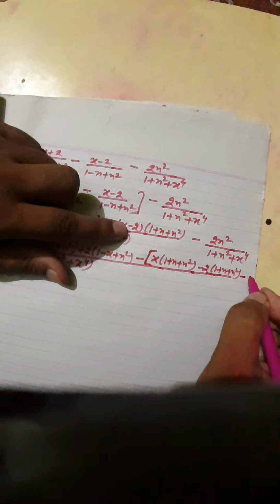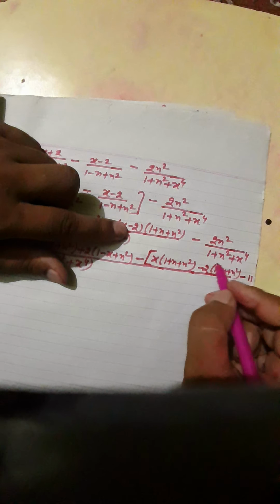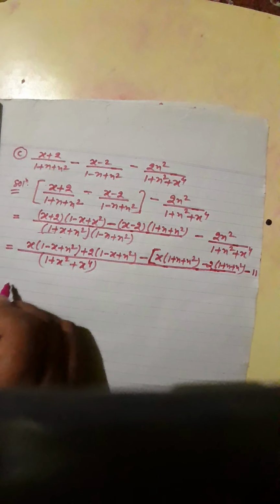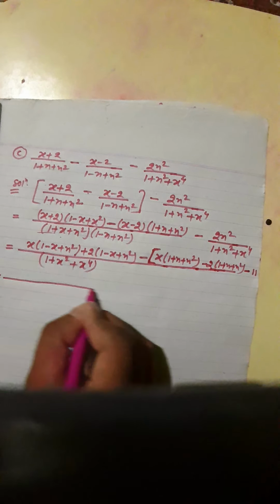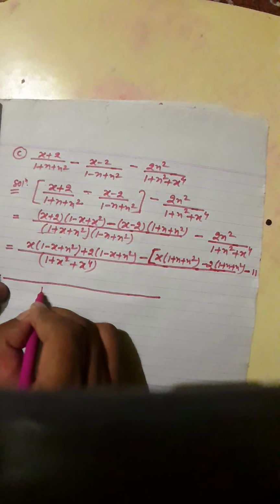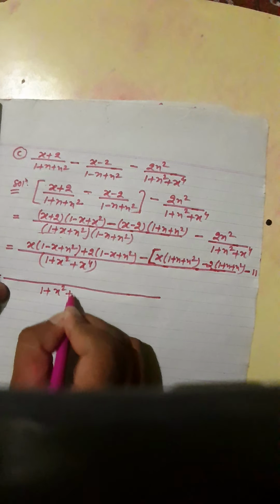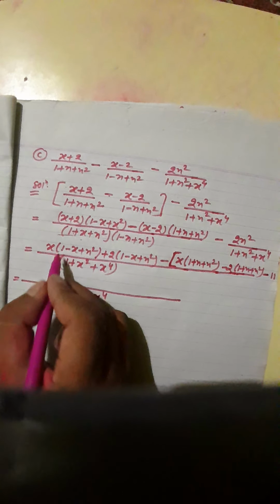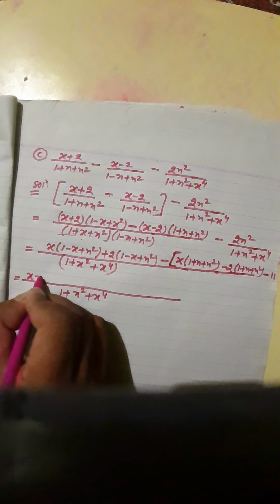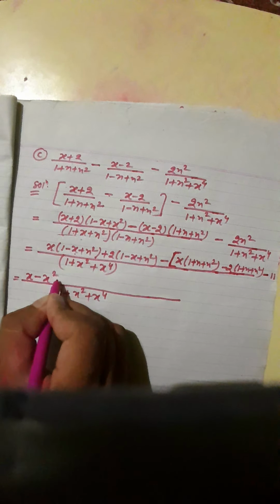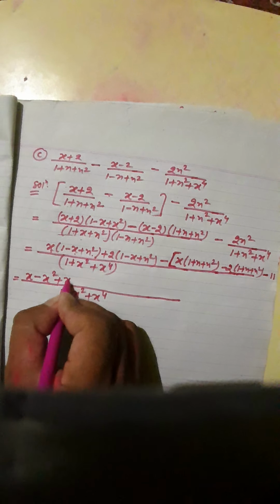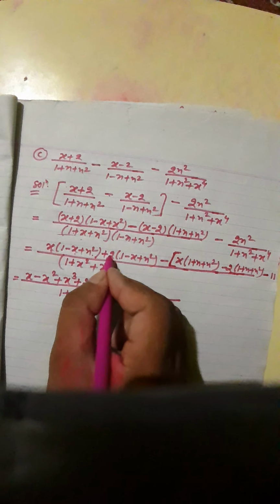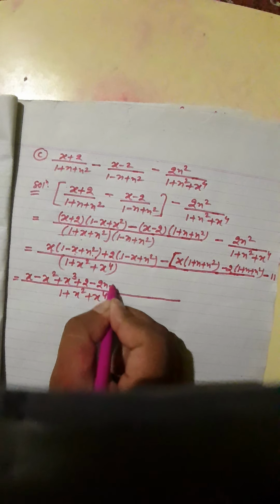This last one here I am not writing, same. This is 2x square upon 1 plus x square plus x power 4, you can write here as it is. After this, downside 1 plus x square plus x to the power 4 we can put same, and upside let's multiply x into 1, x only, minus x into x square, plus x into x square, x to the power cube, plus 2 multiplied with this 1, 2 ones are 2, minus 2 multiply x, 2x, plus 2 multiply x square, 2x square we can do.